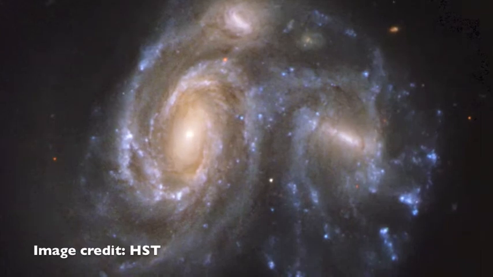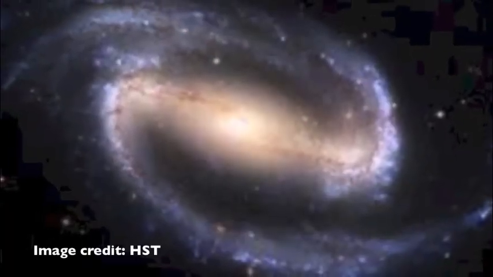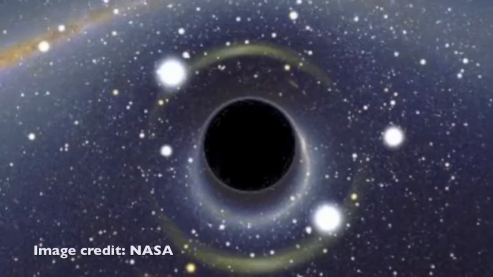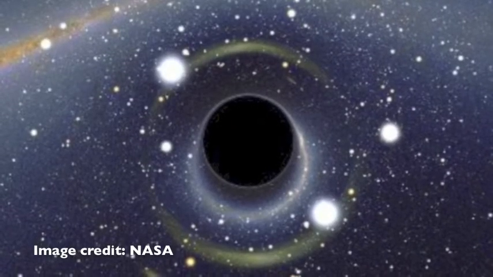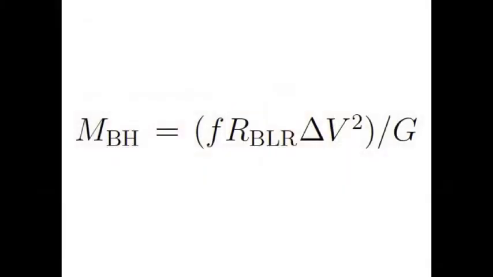Over the past couple of decades, both observational and analytical work have suggested a physical connection between the growth of galaxies and the growth of their central black holes. The M-sigma relation, which is the correlation between the black hole mass and the bulge stellar velocity dispersion of the host galaxy, is one of several correlations that has been observed between galaxies and their black holes. Among its many other uses, the M-sigma relation is important for black hole mass measurements in AGN, which are calculated using the virial equation shown.